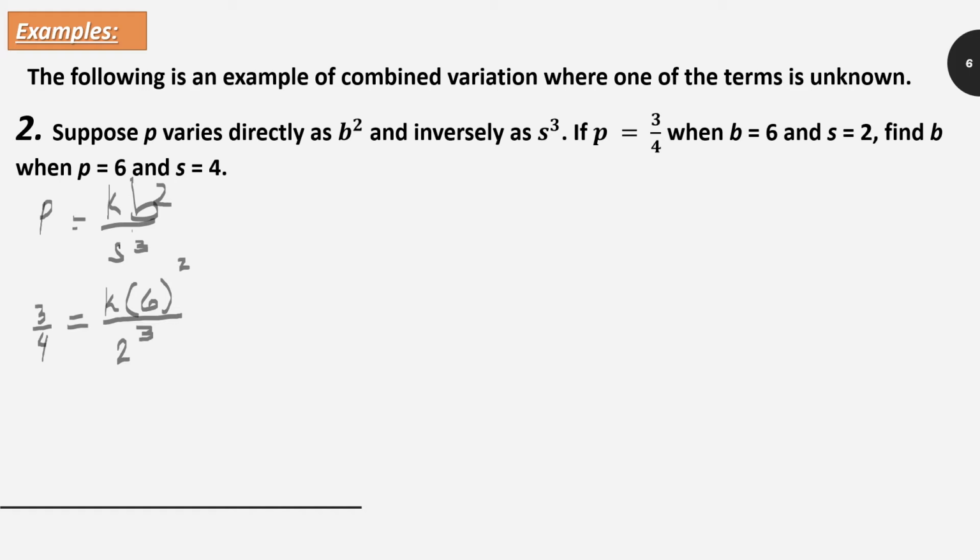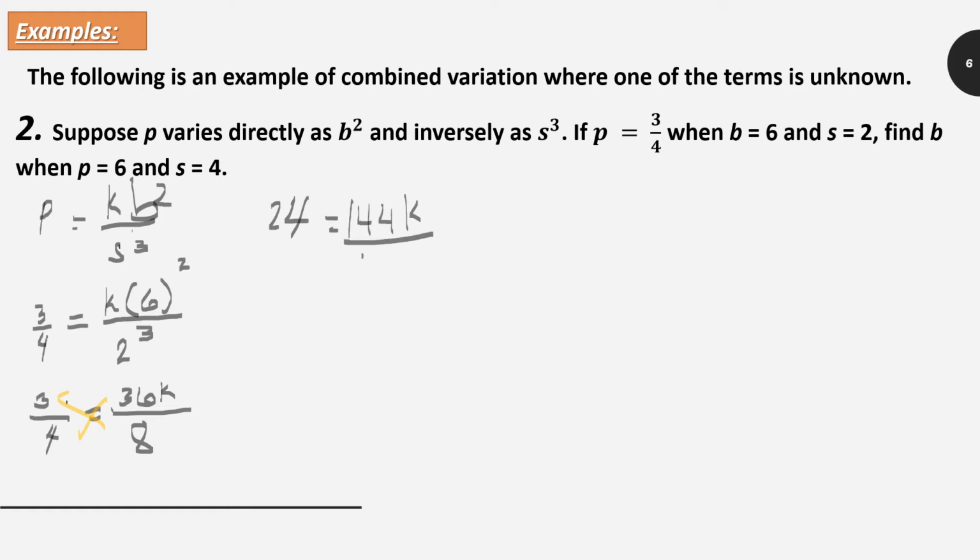Simplify muna natin bago tayo mag-cross multiply. 3/4 is equal to 6 times 6, that is 36k, divided by 2 times 2, 4 times 2, 8. And then simplify. We need to cross multiply. Next, 8 times 3, that is equal to 24. Is equal now to 36 times 4, that is equal to